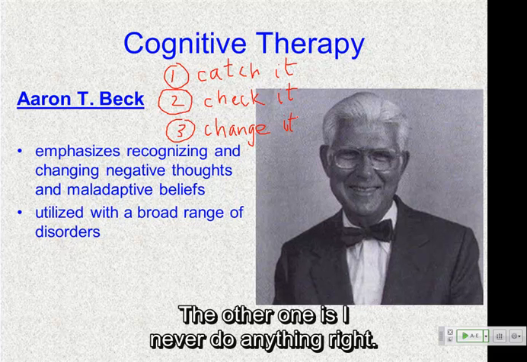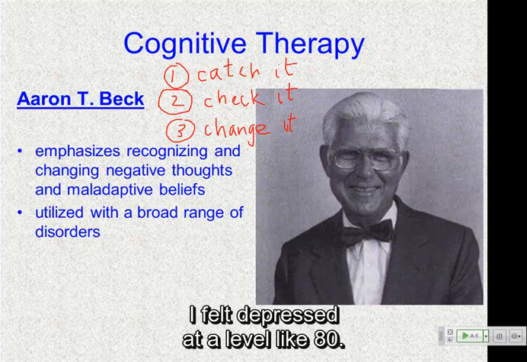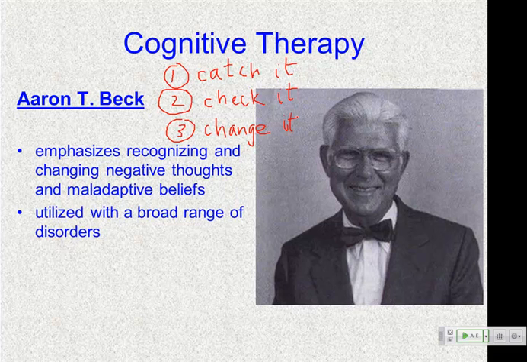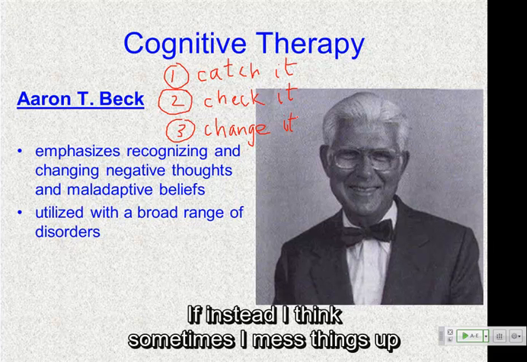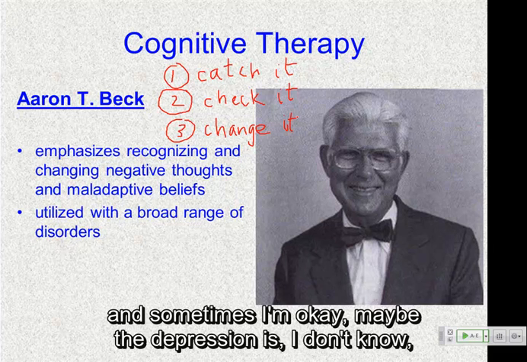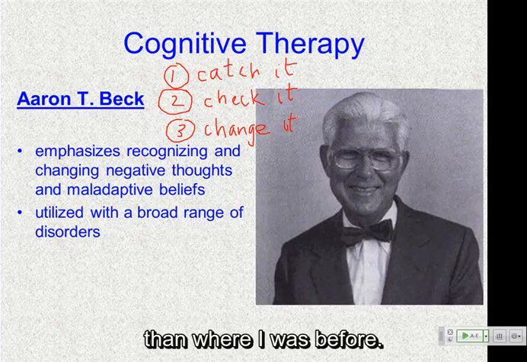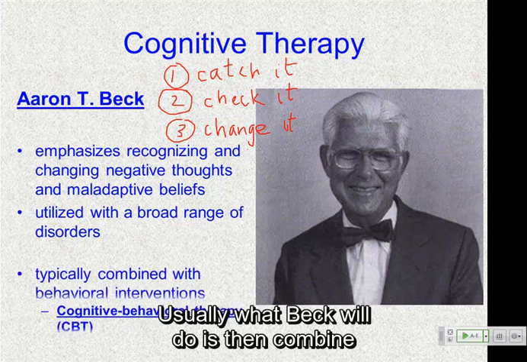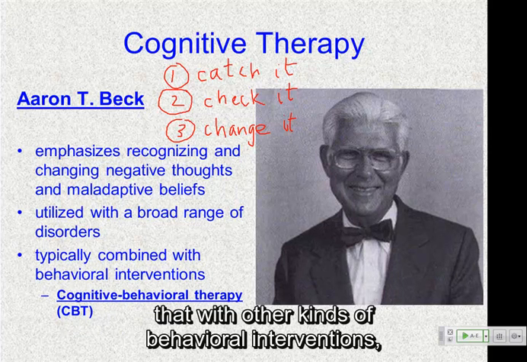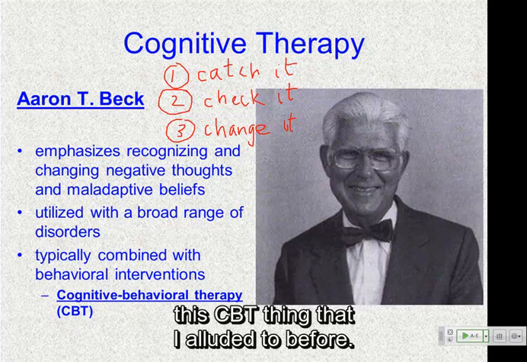The other one was, I'd never do anything right, I always mess everything up. I felt depressed at a level of like 80. If instead I think, sometimes I mess things up and sometimes I'm okay, maybe the depression is, I don't know, 30 or 40 something, but definitely better than where I was before. Usually what Beck will do is then combine that with other kinds of behavioral interventions, the CBT thing that I